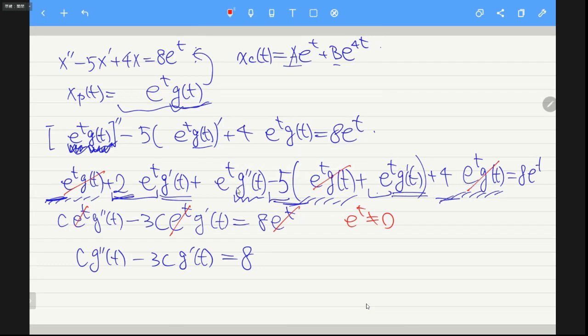Okay, so like this, we have a g double prime, 2 minus 3, 2 minus 5 is